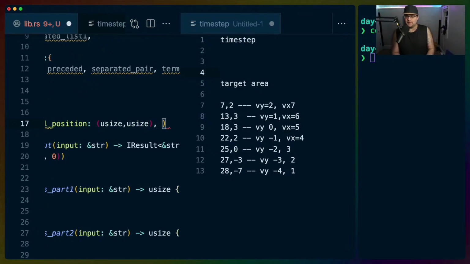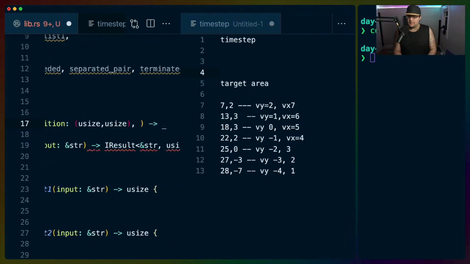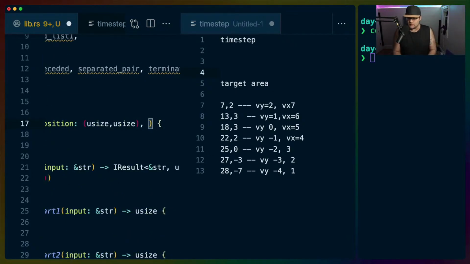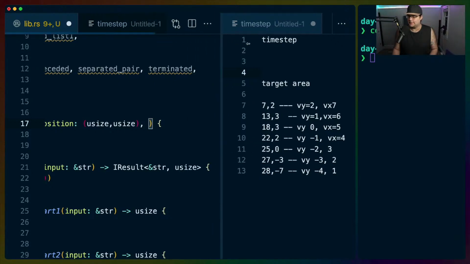So we get the usize, and then we get the, I think it has to, I don't know what it has to return. We're just gonna do this for a second. I want to do a function that takes a time step, I guess, and returns the value, which I guess is technically,